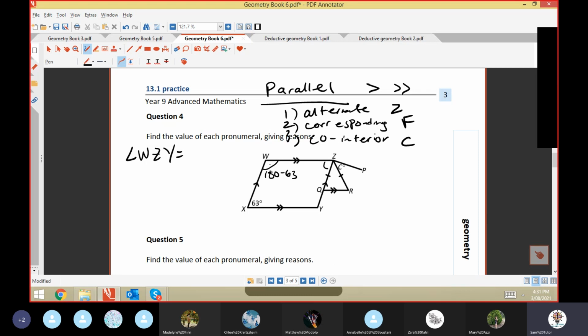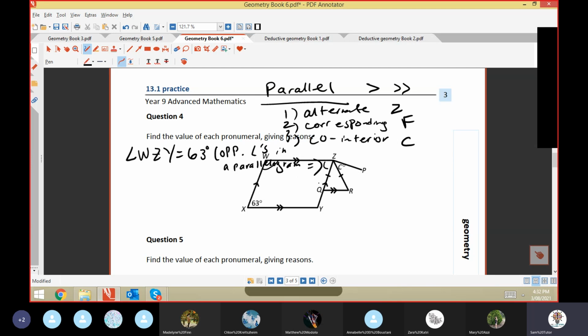But can somebody give me the reason for what WZY would be and what it would equal to? What would that angle equal to, and what could be a reason without finding this angle here? Anyone? It's a parallelogram. So do you know what the reason is, Bart? Do you know how to say it properly? It's opposite angles of a parallelogram. That's the one. Yeah, I'll accept that. Opposite angles in a parallelogram